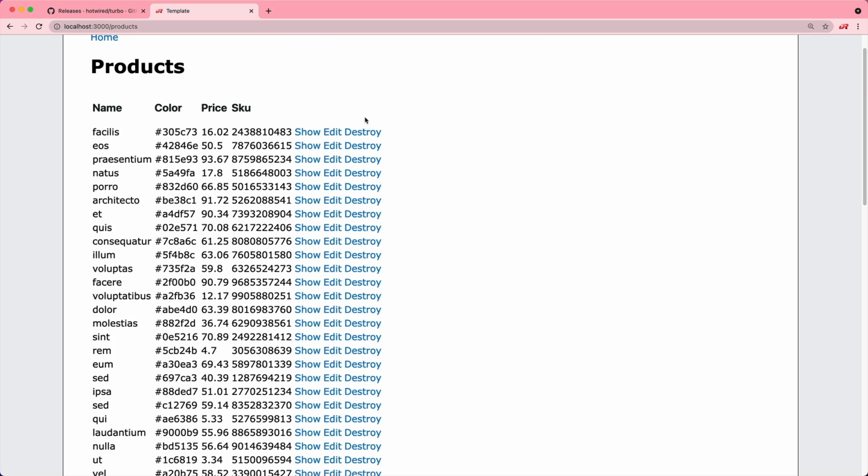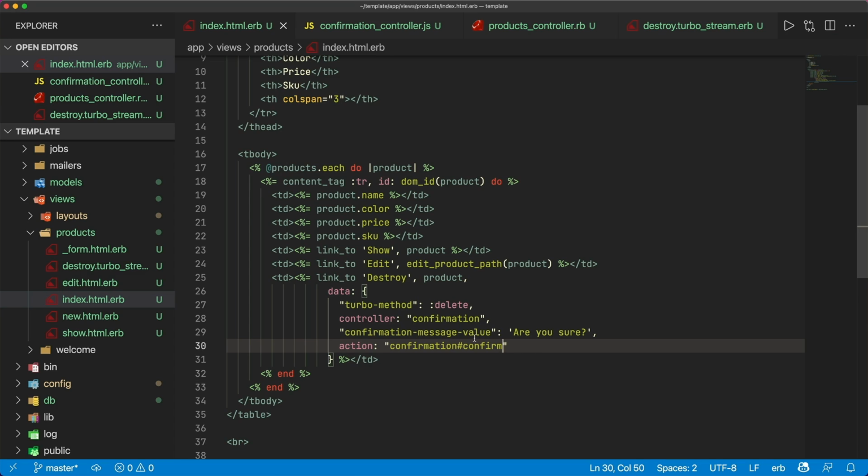And so I don't think this is a perfect solution yet, because in our view, it would be really nice if we didn't have to specify all of this for the confirmation. It would be nice if we had a way where we could just have one confirmation message value with this one string and not have to specify the controller action, but we don't have any kind of global listening Stimulus controller yet. But this does at least get us back to a working functionality that we would expect with Rails UJS. And you should also be able to use the data-turbo-method delete for logging out with Devise or other authentication methods, whereas until now we would have to use a button_to to get that functionality working.